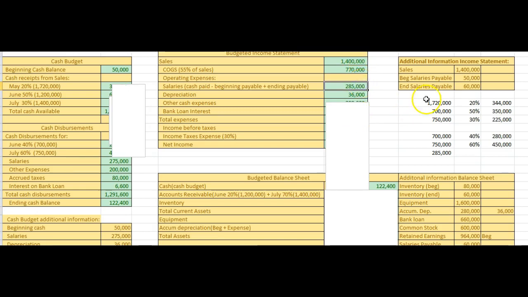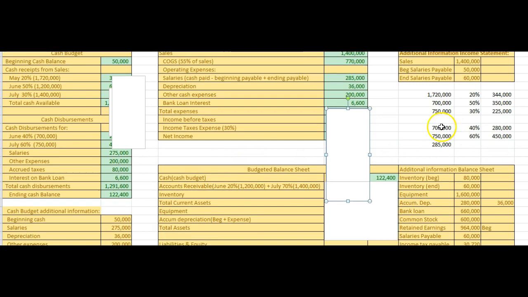We have our operating expenses, and salaries are by cash paid. So we paid out 275. We had a beginning payable of 50. So we're going to subtract that, and we're going to add the ending payable. And we come up with 285,000 paid for this month's salaries. Now we have to look at depreciation, and that's found right here. It's 36,000. Other cash expenditures was 200,000, as you remember from right here. And we had a bank loan interest right here that cost us. That's 6,600. So we had total expenses, including the 770,